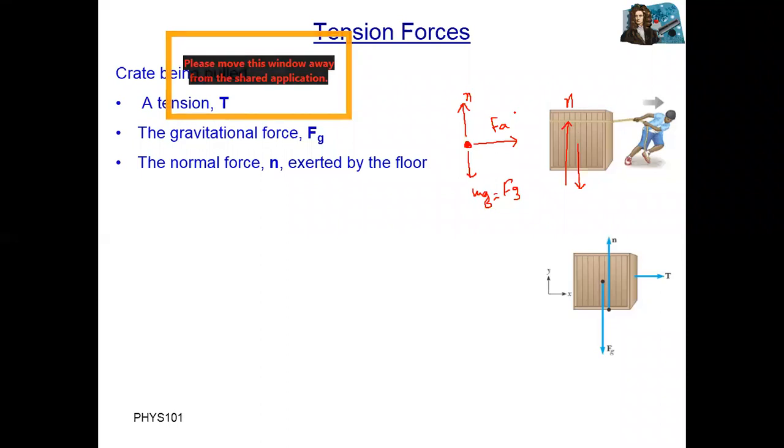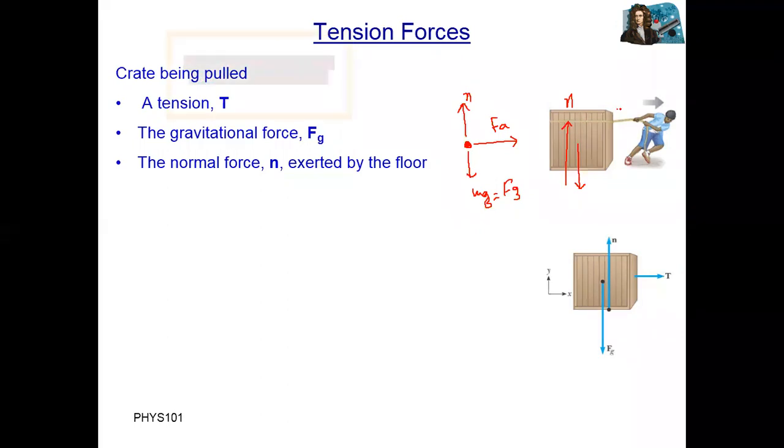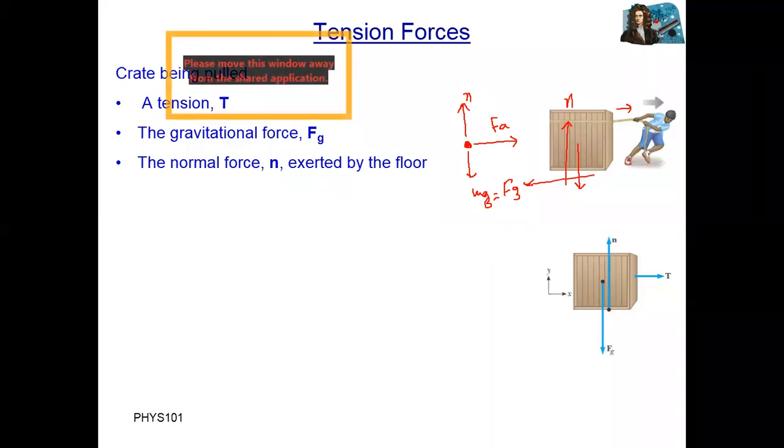If there is motion in this body, we have another force, but I will not discuss that one. When the body is moving in this direction, there will be some friction force here, but I don't want to discuss friction force now. So now we have only three forces. One is the downward force, the second is the upward normal force, and the third, on the right side, is the applied force. If you consider the string, the tension in the string is T, or the applied force.